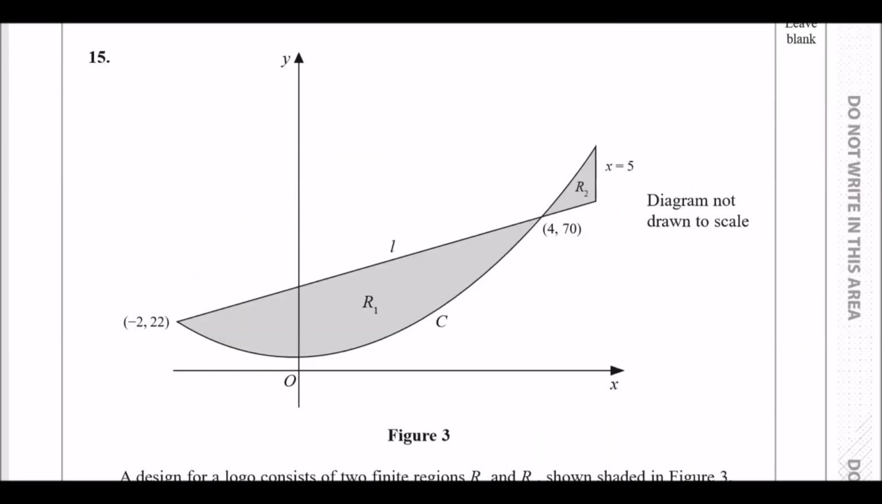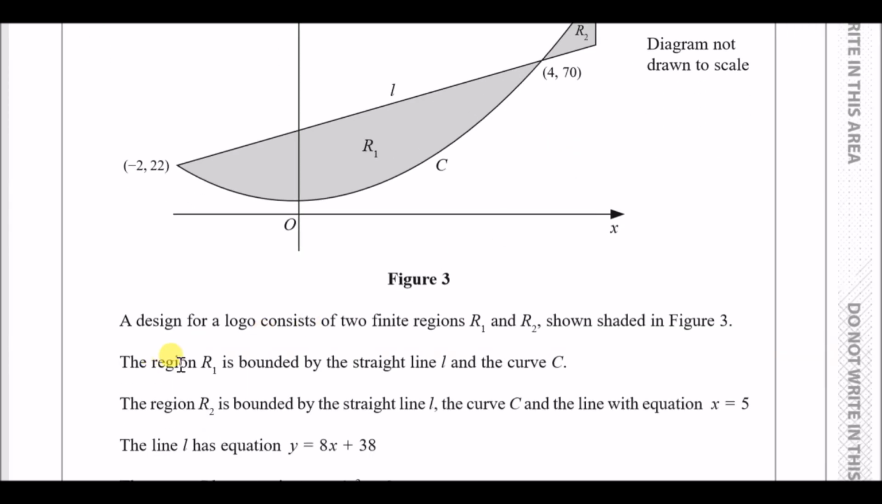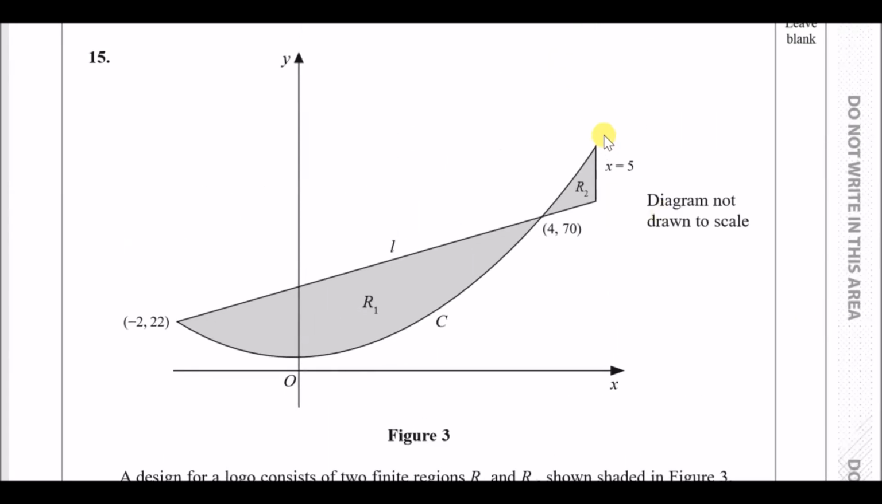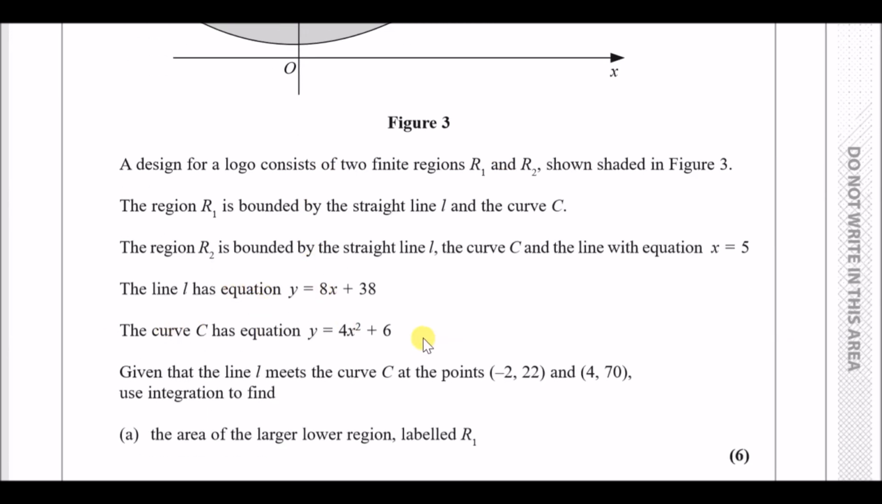Okay, number 15. A design for a logo consists of two finite regions, R1 here and R2 there, shown above. The region R1 is bounded by a straight line L and a curve C. The region R2 is bounded by the straight line L and curve C with equation x equals 5. So you've got a third line up here. The line L1 has this and curve C has that. Cool. Given that the line L meets the curve C at points (-2, 22) and (4, 70),